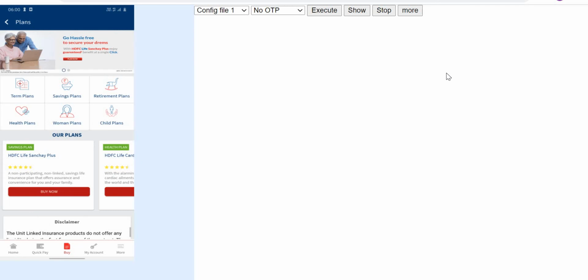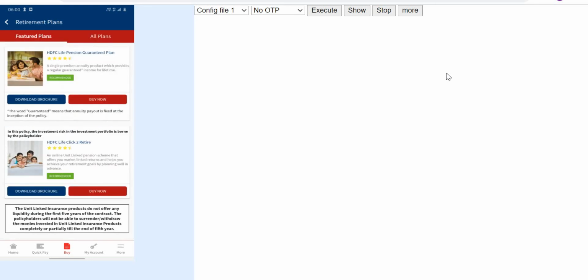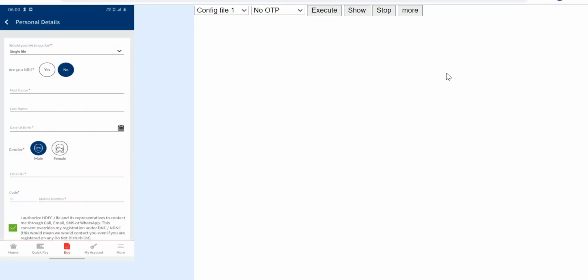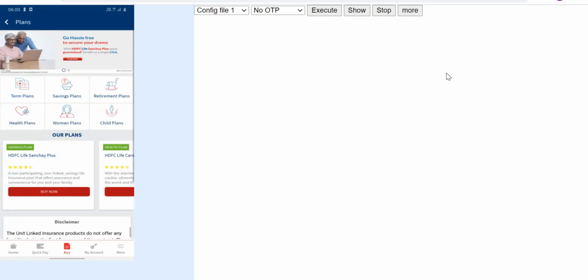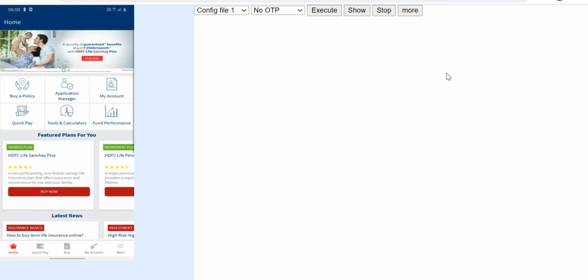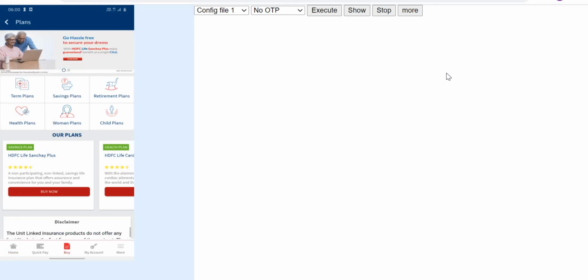The information which we need to fill in for savings plan might be a little bit different as compared to term plans. Yeah, let us see.